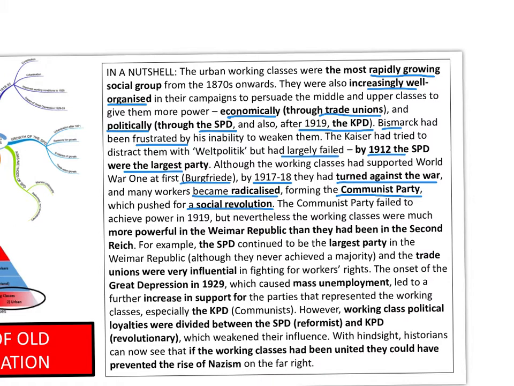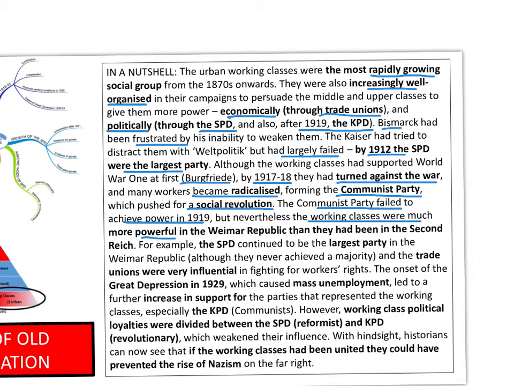But that, of course, failed. Okay, the Ebert-Groener Pact and the return of the soldiers, it failed, and certainly the Communist Party failed in its objectives. Okay, but nevertheless, with the election of a Constituent Assembly and the creation of the Weimar Republic, the working classes undoubtedly